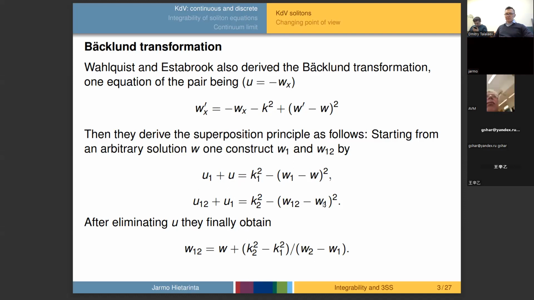But we could also start with the one-soliton solution and construct two-soliton solutions with parameter K2 on top of this soliton with parameter K1. So they make a couple of steps, and then they finally were able to eliminate these derivatives and obtain this